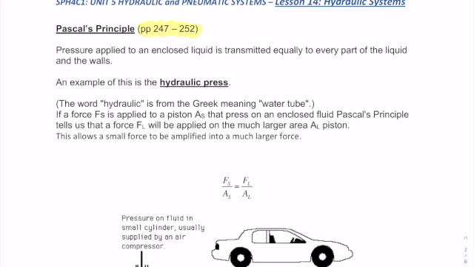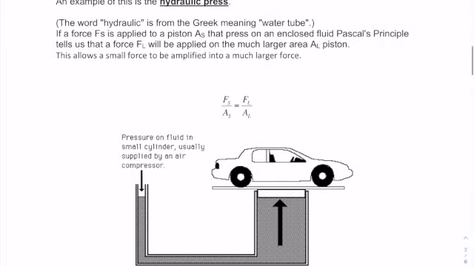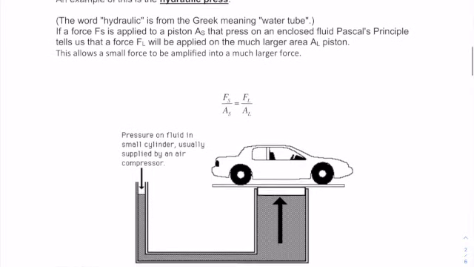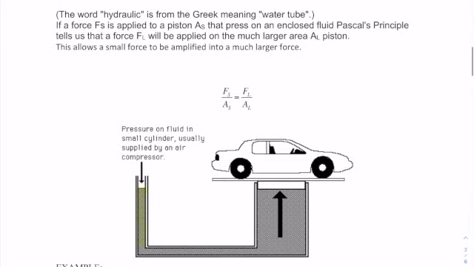So continuing, pressure applied to an enclosed liquid is transmitted equally to every part of the liquid and the walls. An amazing example of this is called the hydraulic press. And here's a diagram of a hydraulic press. Inside this hydraulic press, we have a liquid that is sealed,